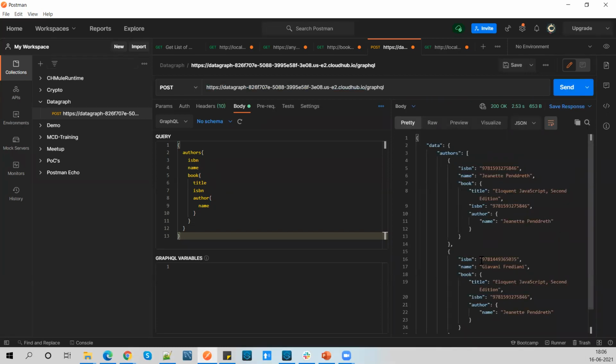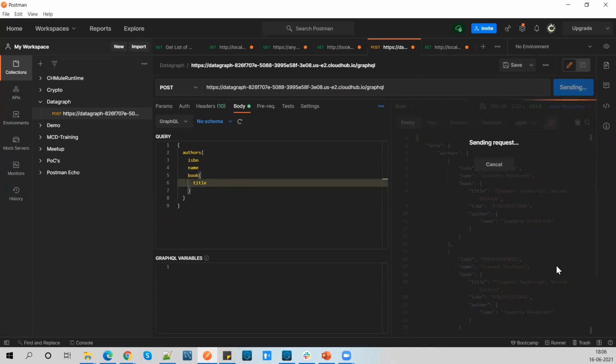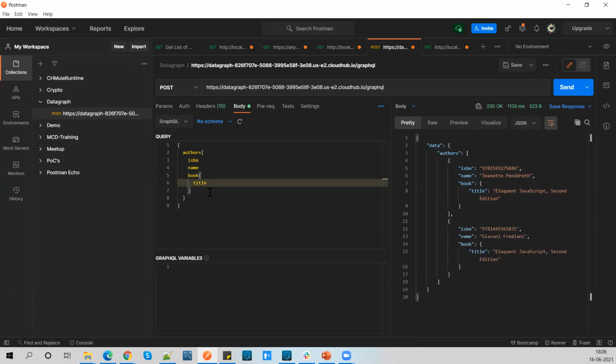Okay, similarly, the result you can see it here. You can remove it from anything. If you want to remove anything from here, you can remove this author if you don't want. Okay, and trigger it again. So based on your requirement, you'll be able to see the results. Okay, yeah. So this is how we can trigger it from the REST client.